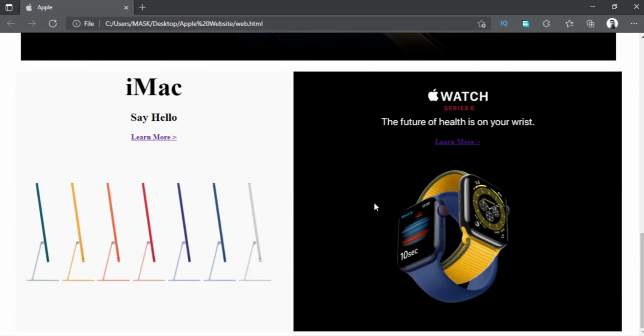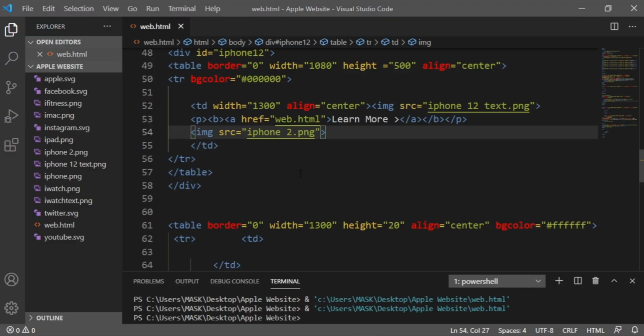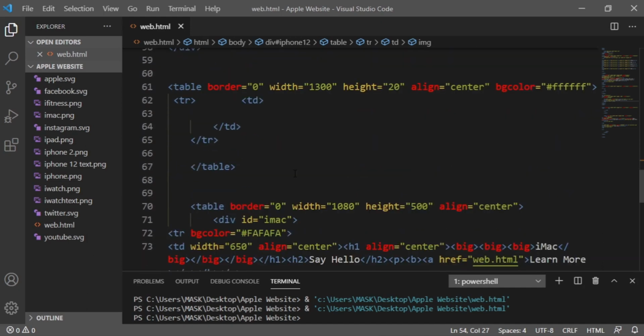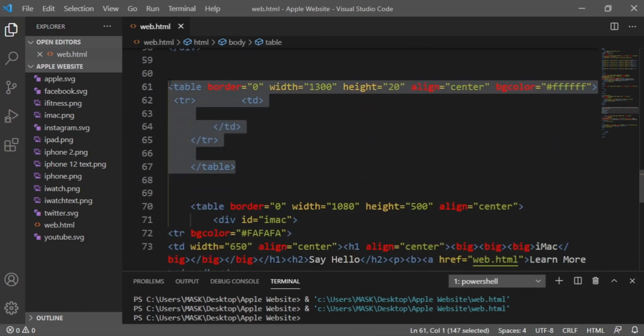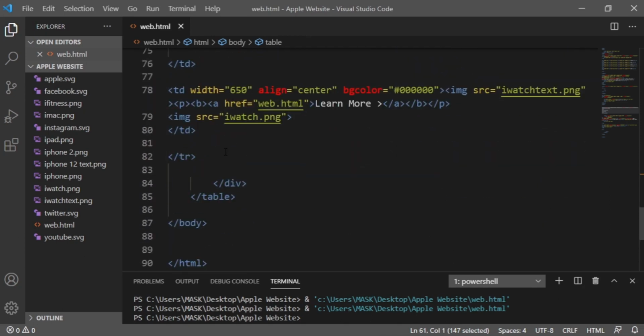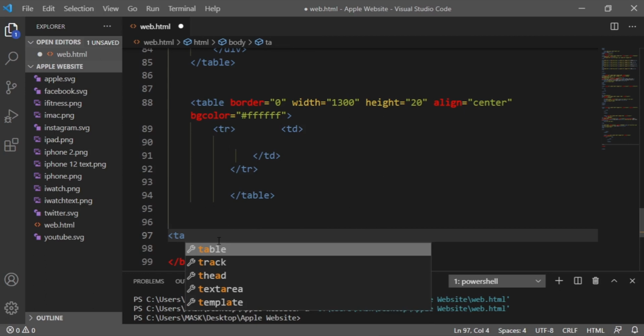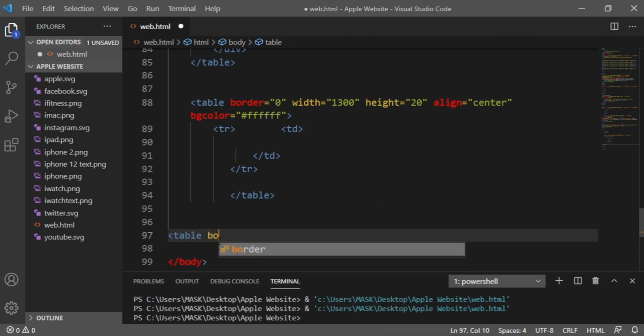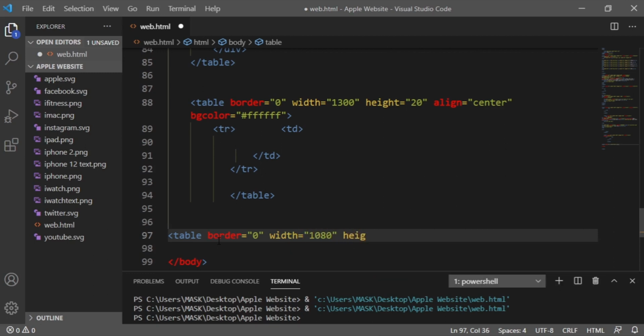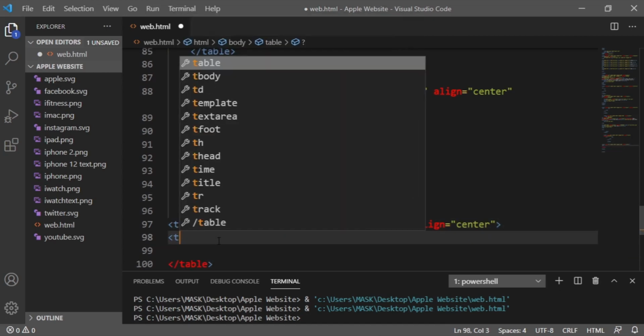Now we have to create this section again with iFitness and iPad. Now let's copy this space and paste it here. Now let's create a table. Its border is 0. Width will be 1080, and height is 500. Also align center. Let's close this. Now inside this, let's create a row,